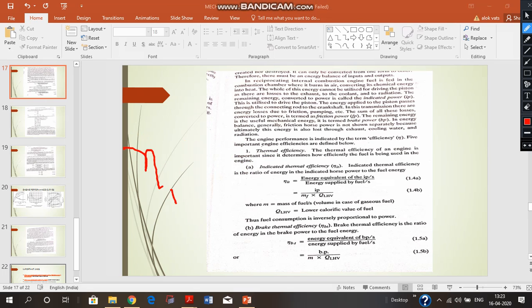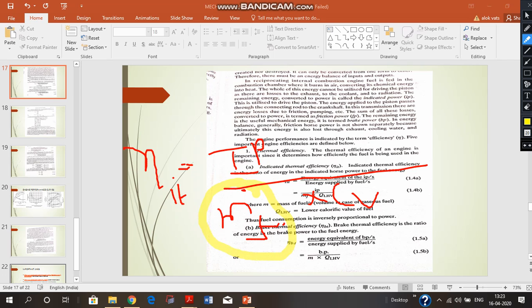We have also discussed, eta IT is what? It is the indicated power IP divided by m_f dot into CV. We have already discussed that it is the fuel finally which drives the vehicle. It is the burning of the fuel which drives the vehicle in an appropriate manner. So here 2 terms are important. First one is the rate of consumption of the fuel or burning of the fuel, that is m_f dot, and CV, that is the calorific value of the fuel, and more specifically the lower calorific value. So when we multiply these two, we get the energy supplied by the fuel.